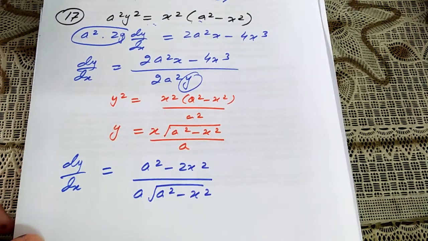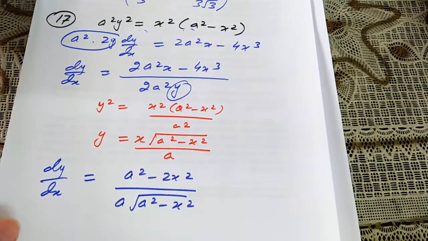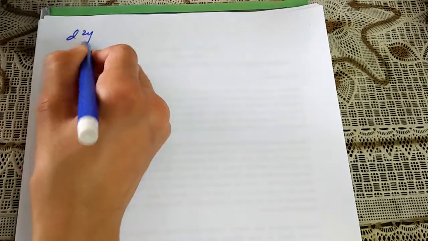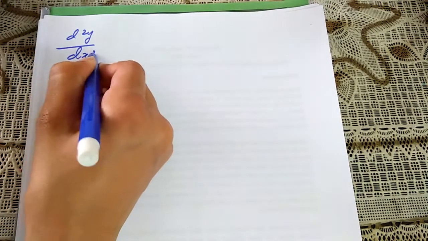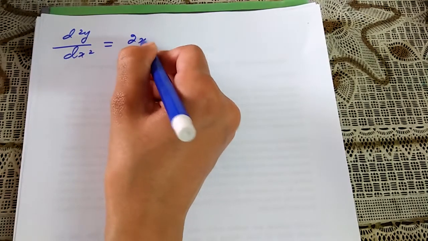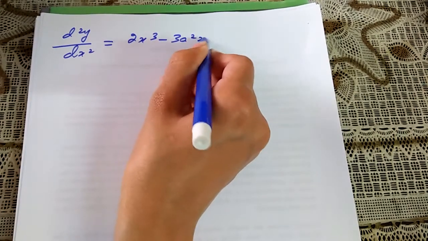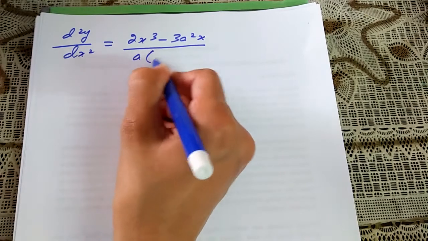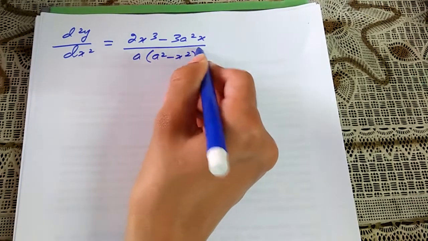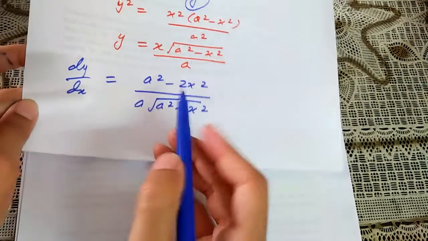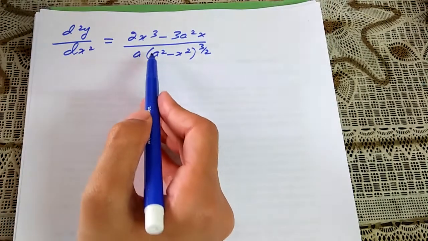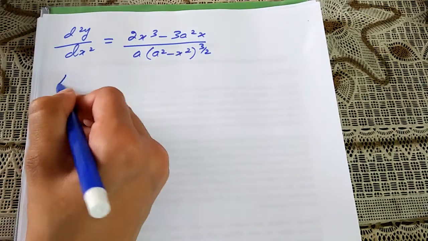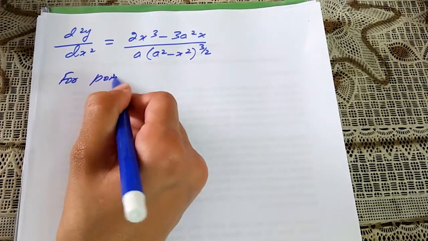Now we need to find down the second derivative out of it. For finding that, we will get the second derivative d2y by dx square is equal to 2x cube minus 3a square x divided by a times a square minus x square raised to power 3 by 2. I will use the quotient rule here for finding this derivative, and after simplification I will get the answer for this. Now for point of inflection,